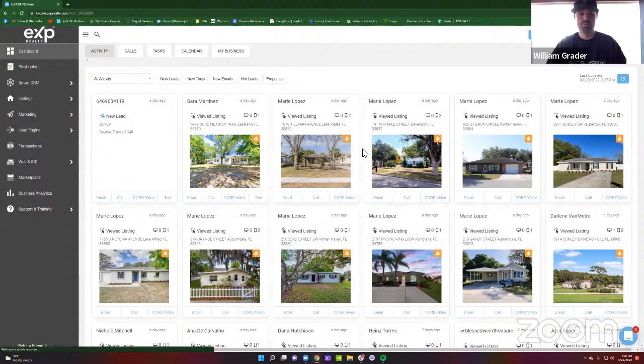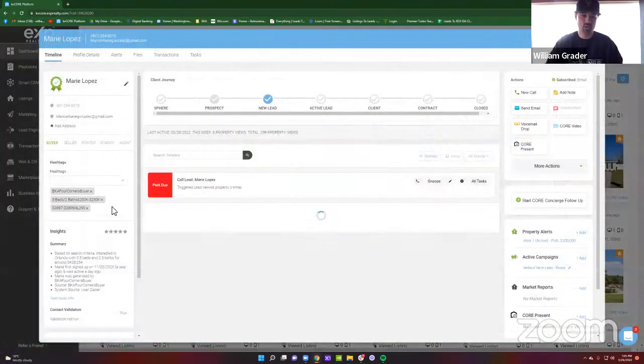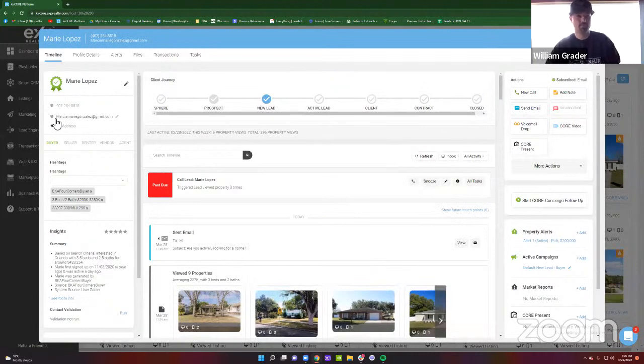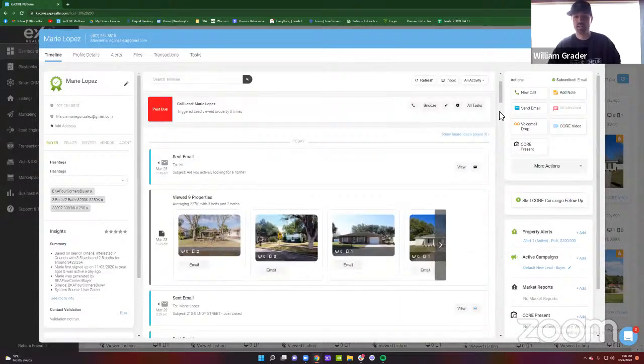So let's jump into Marie's account, okay? So in here, you can see that you've got her phone number, her email. We don't have an address because this is a buyer. And here are the hashtags for this lead. So you can see that this is the tag where the lead came in from. This is what we do for our users. Number two, it shows the beds, the baths, and the price range that lead is looking for. And so that right there is actually what triggers the automated saved search alerts and sends them this list of